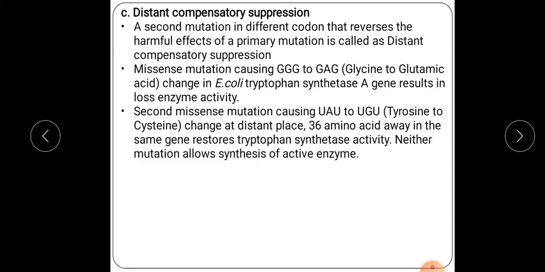And in the second missense mutation, again UAG to UGU, that is A again replaced with a G, that is tyrosine to cysteine, a change at a distant place, 36 amino acids away in the same gene. Means from this to this there is a gap of 36 amino acids in the same gene, and it will again restore the function of tryptophan synthetase activity. Means what? Neither mutation alone allows the synthesis of active enzyme. Okay,